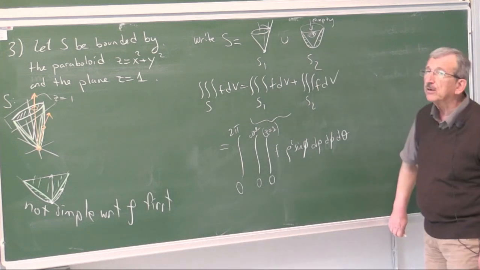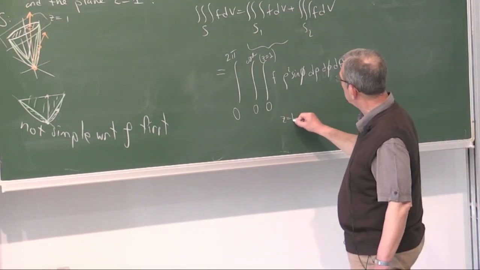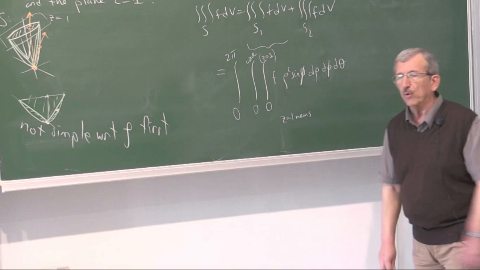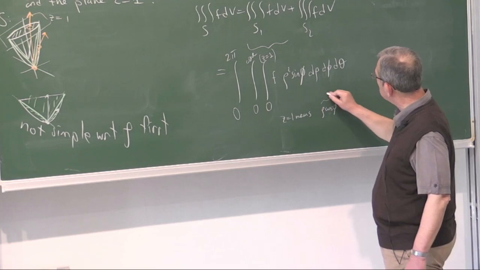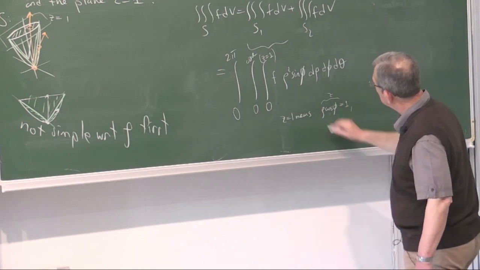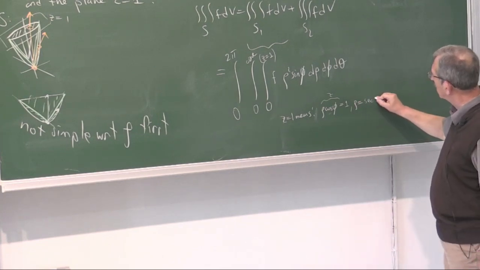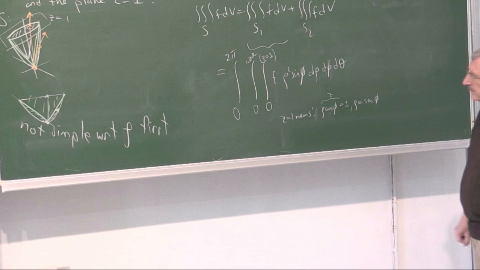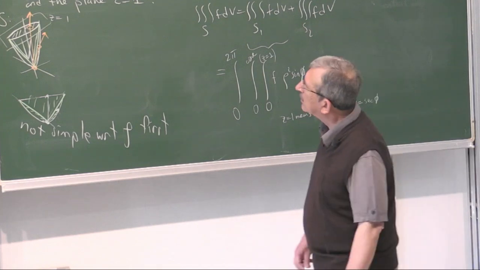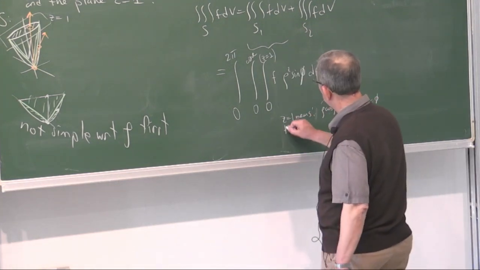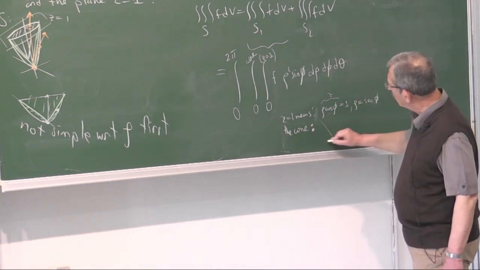Now, let us interpret what these things are. Well, z is 1. Means in spherical coordinates, because z is rho cosine phi, that z is equal to 1, it means that rho is secant of phi. And what's the cone? Well, the cone is a cone,